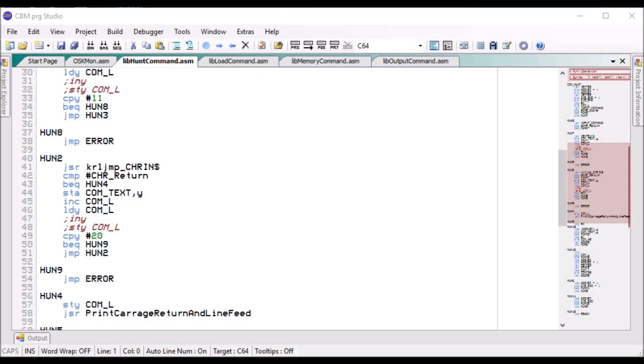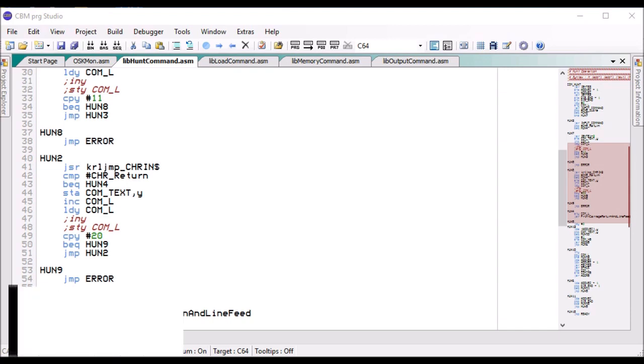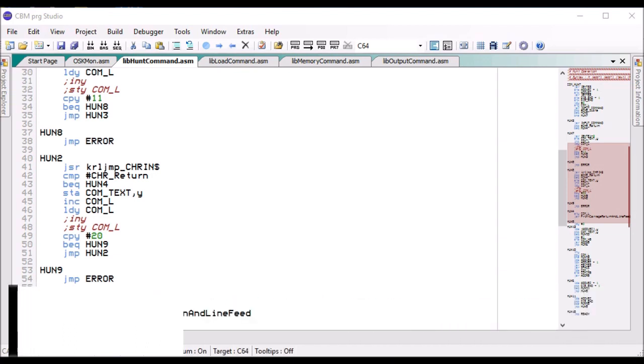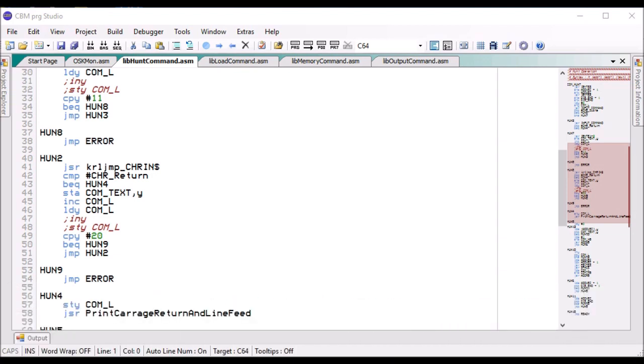Hello, John here again, and this is part 6, I think. Part 6 of the OSK monitor, or the machine code monitor. And if you remember in the previous video, I had a problem with Hunt, that it was not finding the